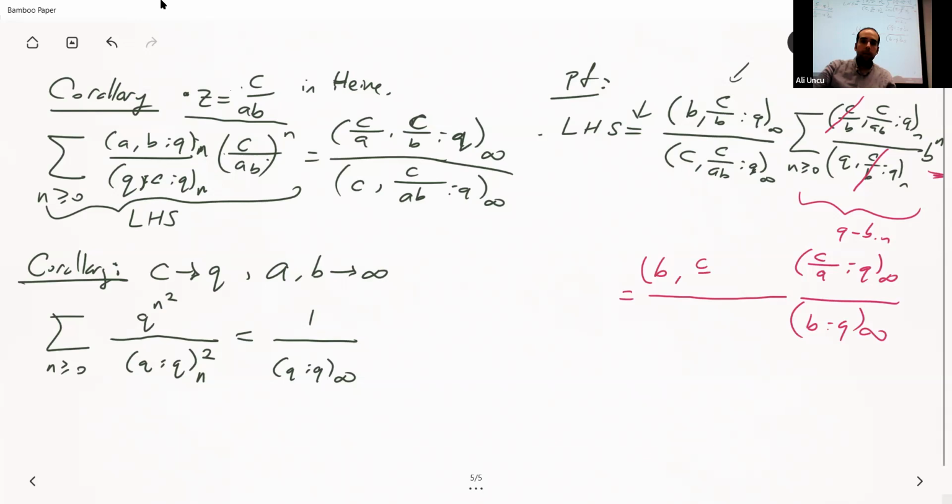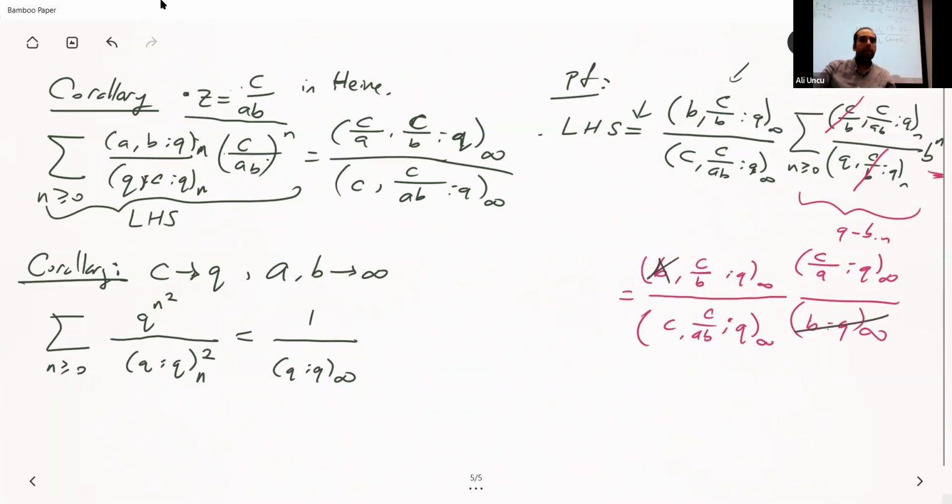B, c over b base q sub infinity, c over ab base q sub infinity. Great, right? This b q sub infinity appeared on the top and on the bottom, so I might as well just cancel those,